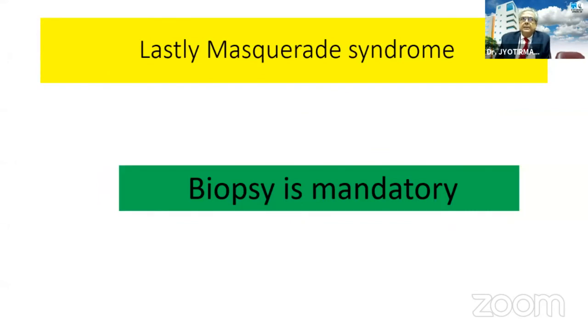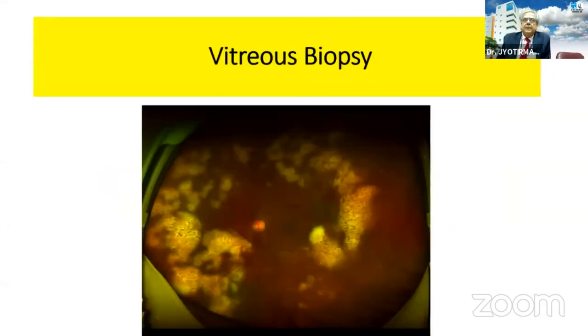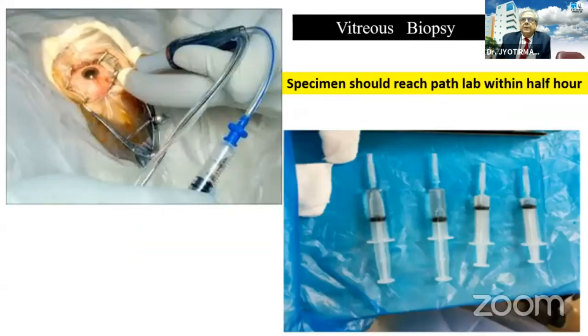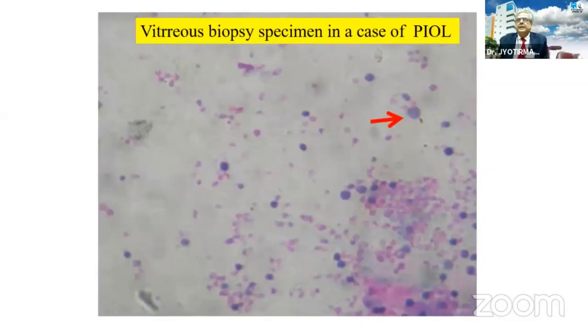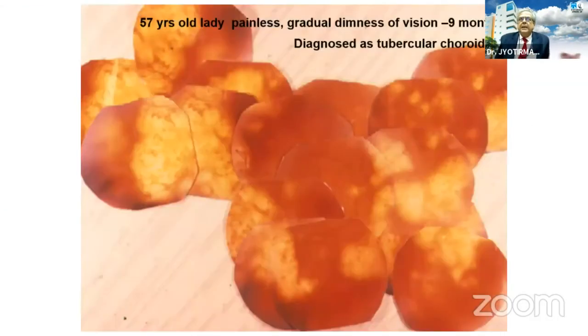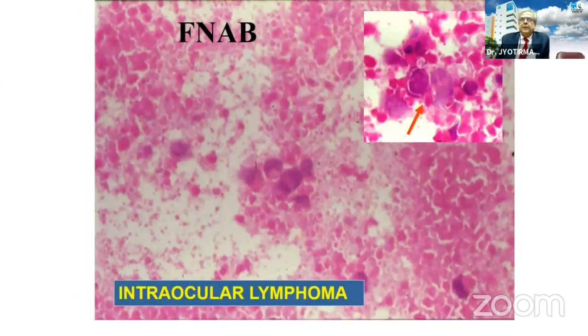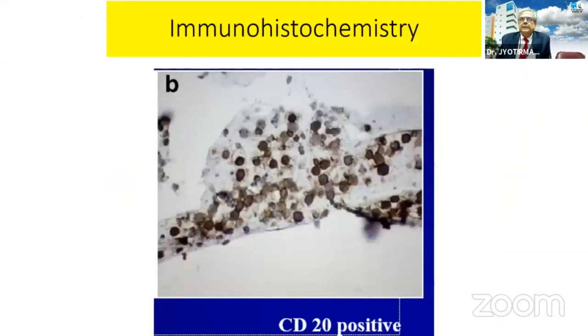Last but not the least is Masquerade syndrome, where biopsy is mandatory. We do the vitreous biopsy, and this specimen should reach the pathology lab within 30 minutes. There is a necrotic background, and you can see the abnormal lymphoma cells. In case of a negative vitreous biopsy, we can do a fine needle aspiration biopsy. Here, in a necrotic background, we can see the large lymphoma cells,